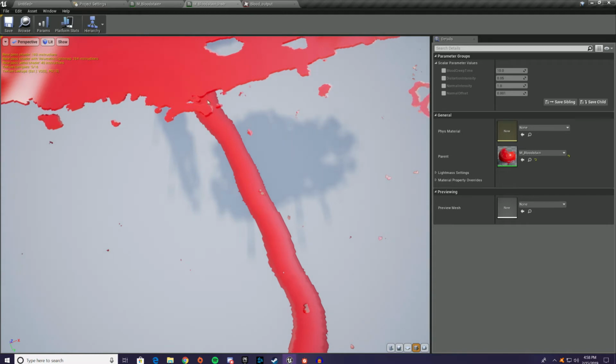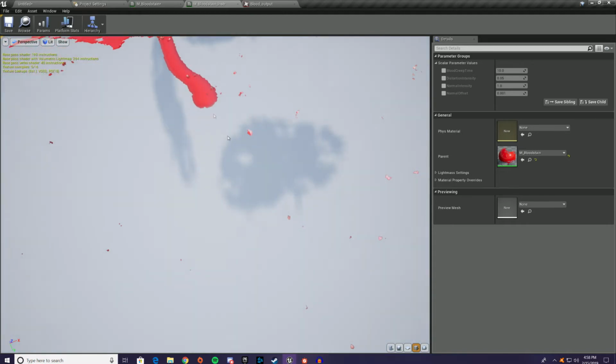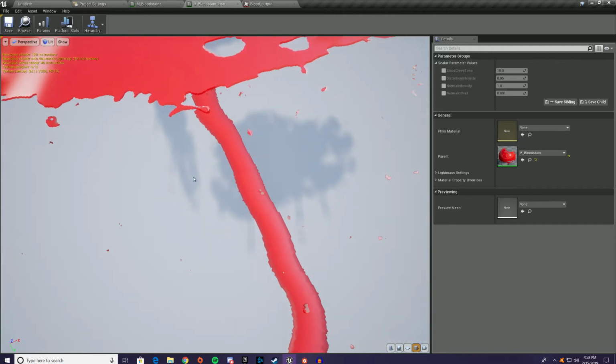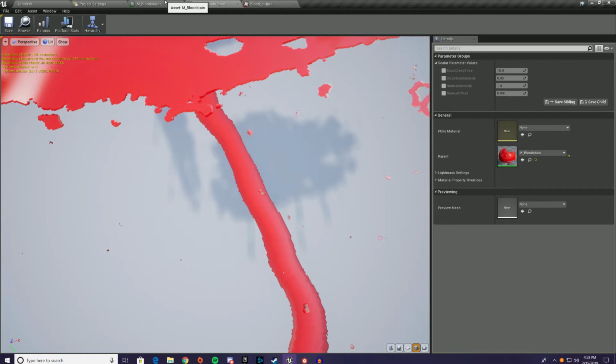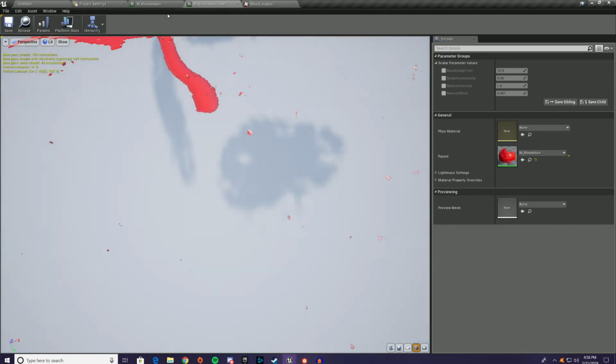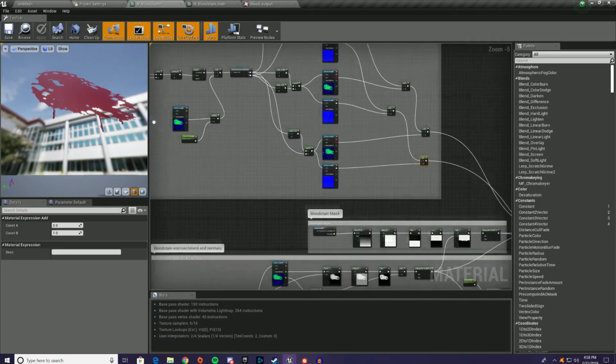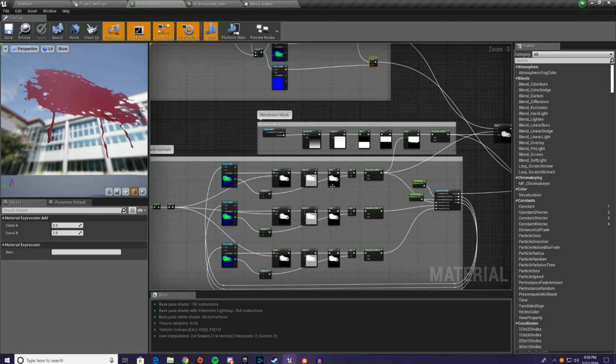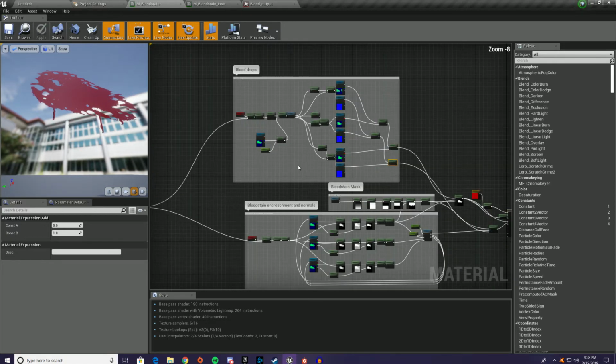So you can see as the blood trickle moves over these specs, it just goes under them, which doesn't make any sense. It would supersede them, make them part of the blood trickle. So we need to take what we're doing here with these drops and subtract that from the specs so that the specs don't